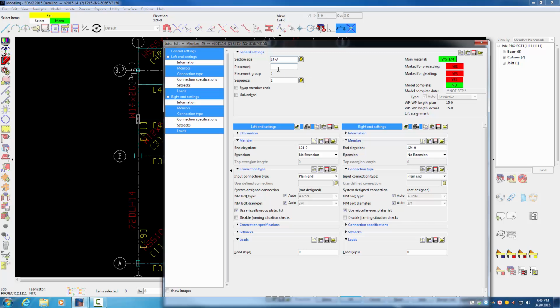so all it's going to do is put in a stick line in the model, and that's all you will see for the bar joist. It will put a plate in the model that looks like it is part of the bar joist. It's a dummy material just meant to add in holes if you are bolting down your bar joist. So put 14K3. The end elevation is 124 foot 0 on both ends,